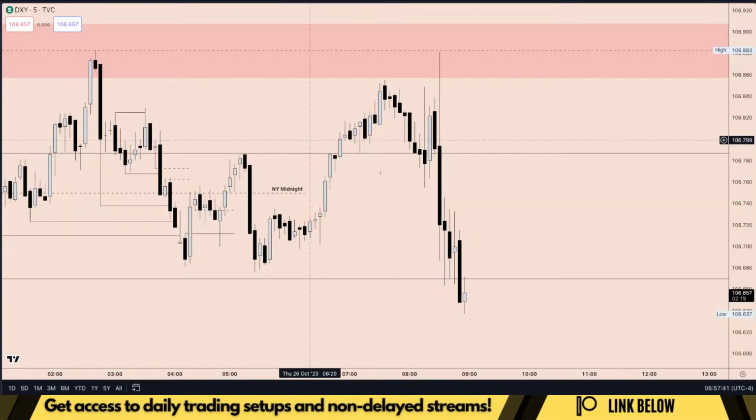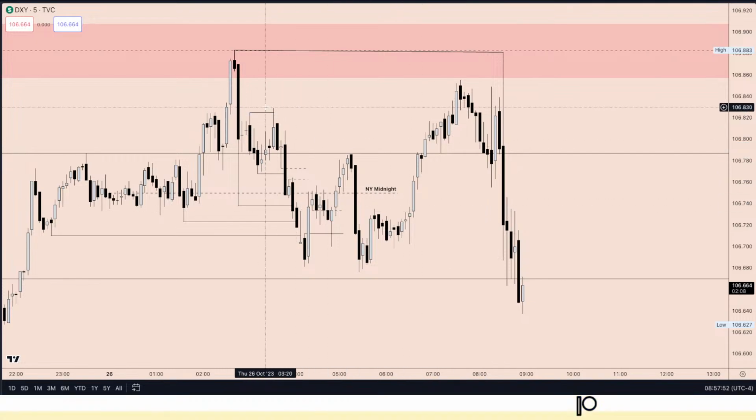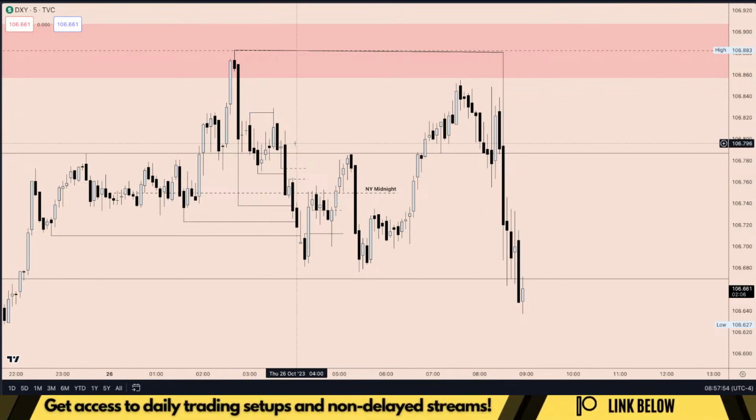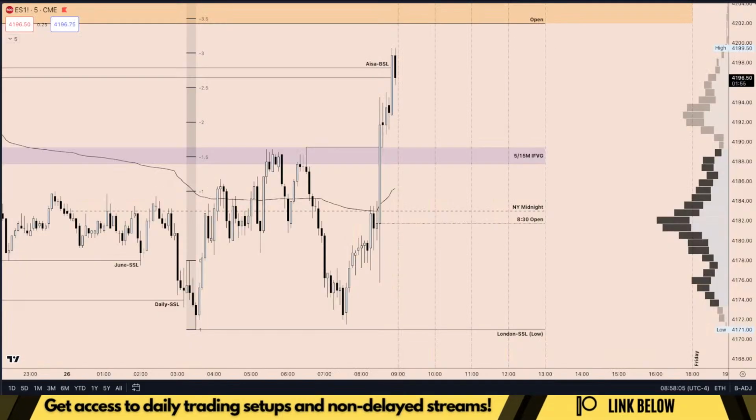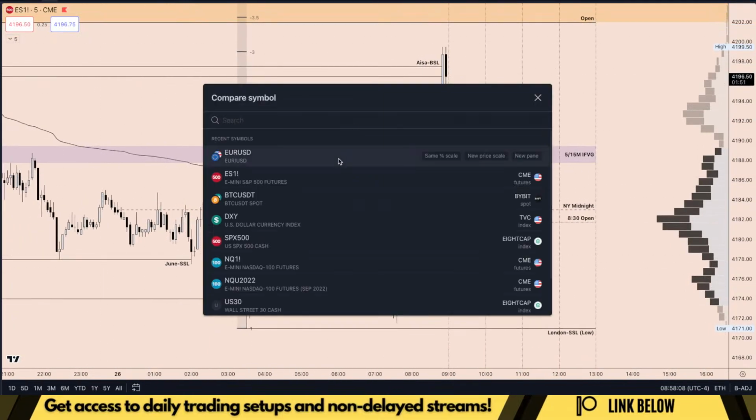Let's take a look at the DXY. The DXY failed to make a higher high here. We've been tracking the DXY all morning during the London session live stream, and really we've been looking forward to this inverse head and shoulders setup to play out right here. And so far the DXY and the S&P 500 have been beautifully correlated this morning. If I pull that one up,